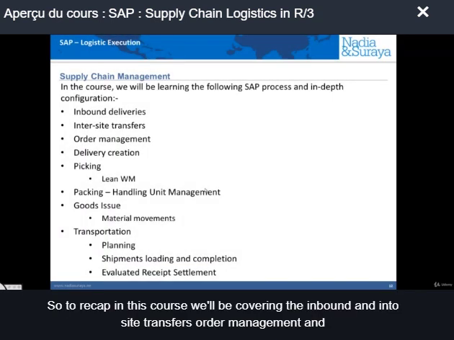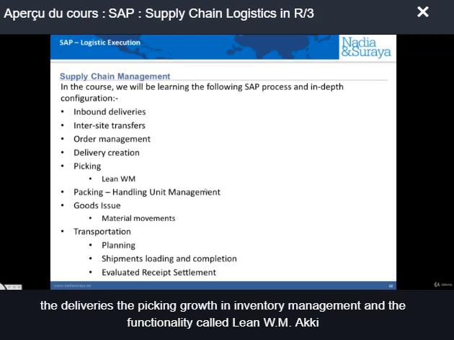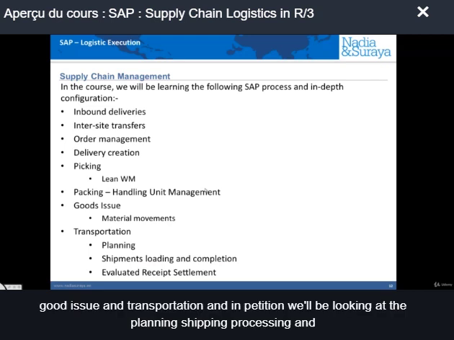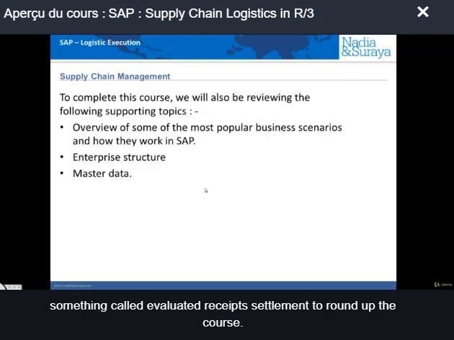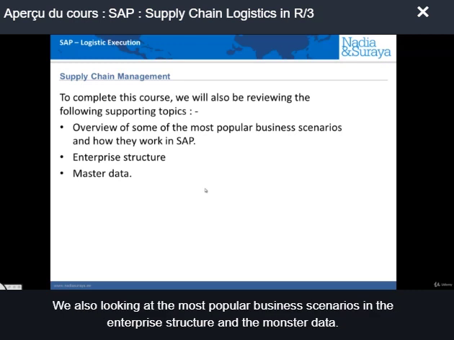So, to recap, in this course we'll be covering the inbound and intersite transfers, order management and the deliveries, the picking both in inventory management and a functionality called Lean WM, packing, goods issue and transportation. And in transportation we'll be looking at the planning, shipping, processing and something called evaluated receipt settlement. To round out the course, we'll be also looking at the most popular business scenarios in SAP, the enterprise structure